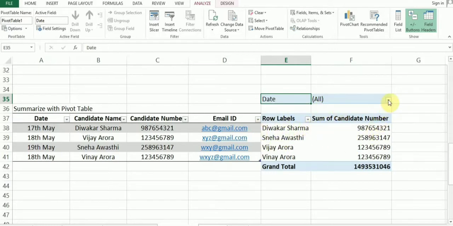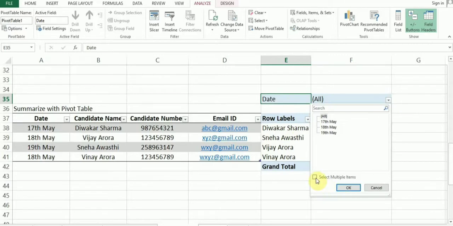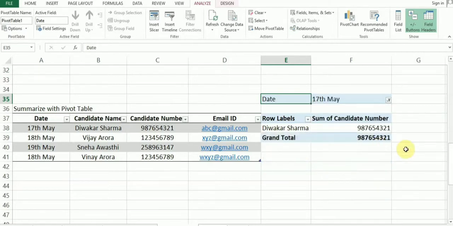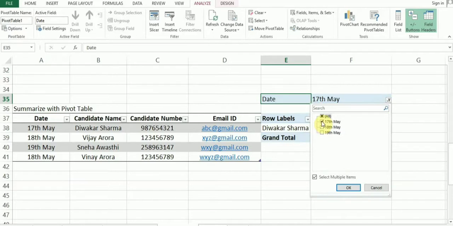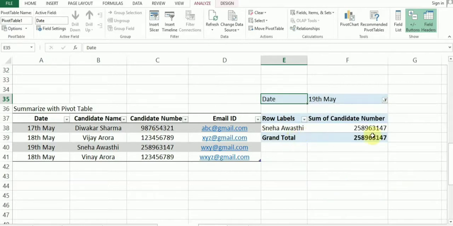Here you have an option to filter it out. Let's say you want only 17th May data. So you'll select it, click on OK. It will show only 17th May data, right? Let's say you want only 19th May data. Click OK, it will show only 19th May data.